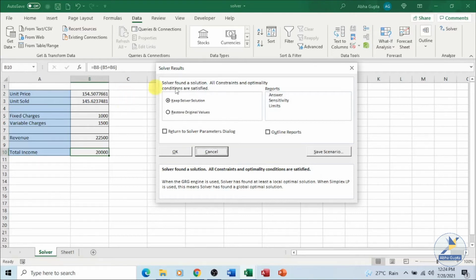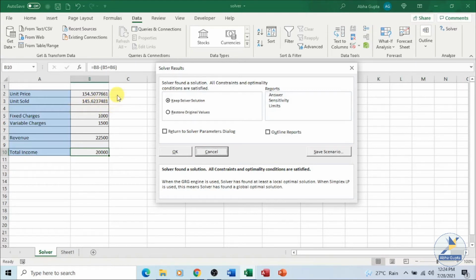In this dialog box, solver is asking whether you want to keep the solver solution or restore the original values. You have these two options. You can select from here and click on OK. We do not want this solution because we know that the units sold cannot be in decimals.